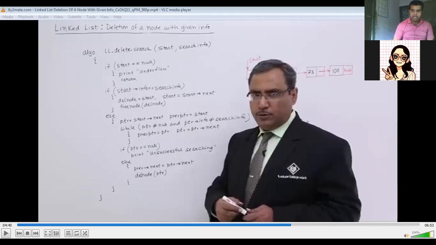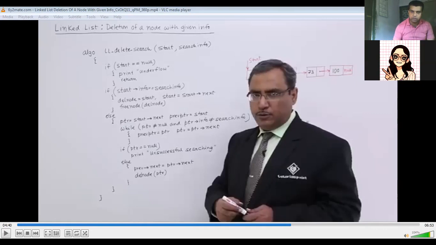That is, in an array, if you have a fixed size of 10, then you cannot insert any 11th element in the array. But since in the linked list there is no concept of size, it is of the dynamic memory allocation concept. So that is why the overflow concept in the linked list does not even exist. Okay, the only possibility which can exist is the underflow.